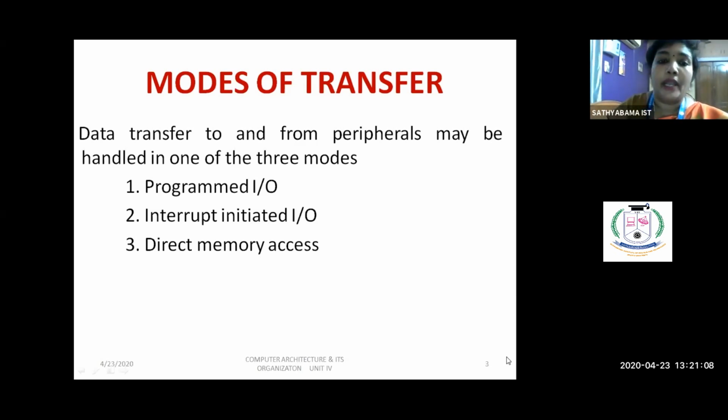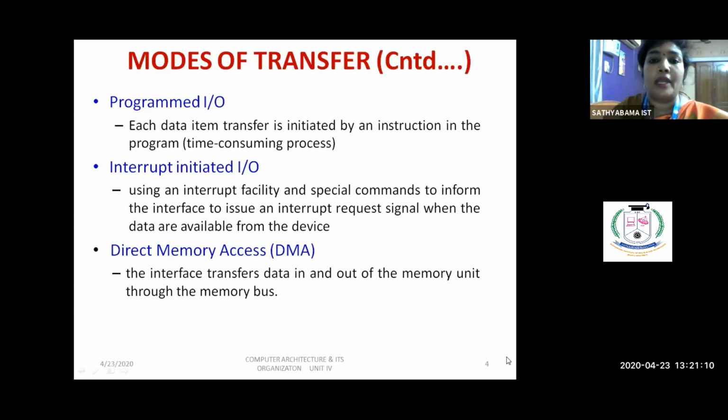In programmed IO, the data transfer is initiated by writing an instruction in a program. So you have to give an instruction in a program in order to transfer the data. It is a time consuming process, because programmed IO is generally used for slow peripheral devices.